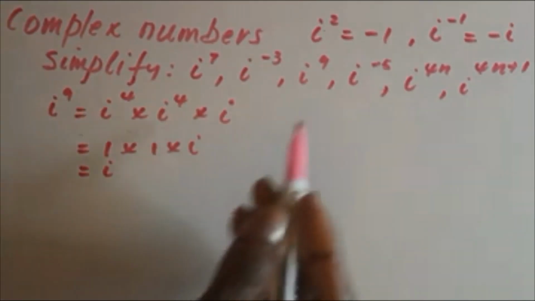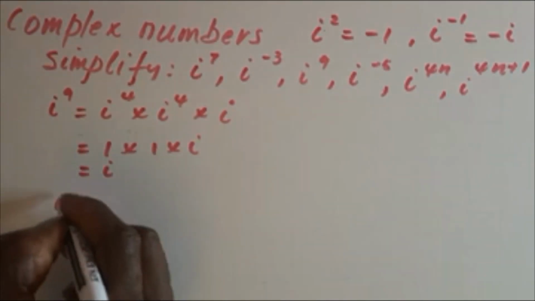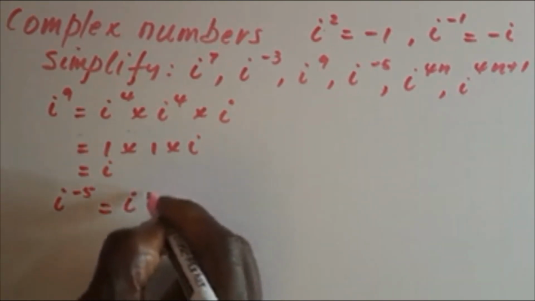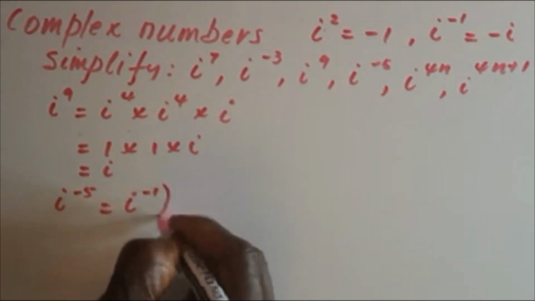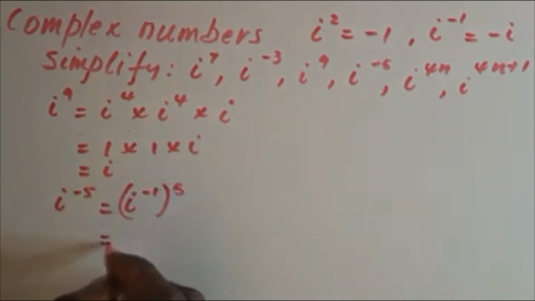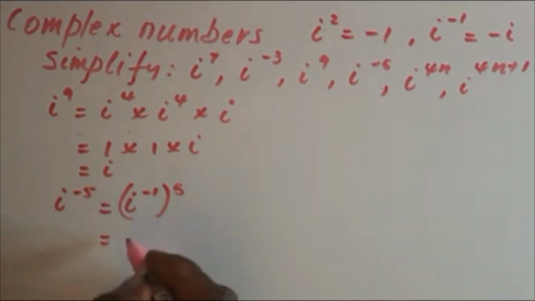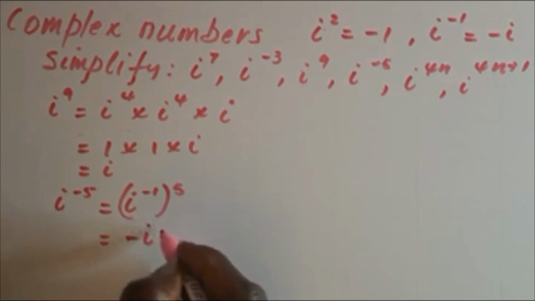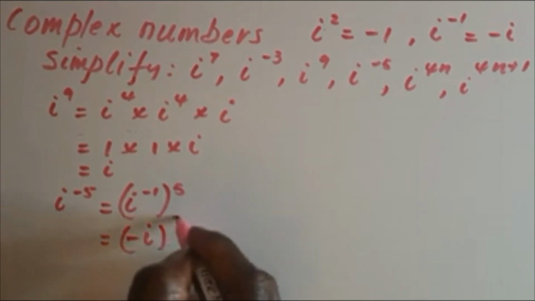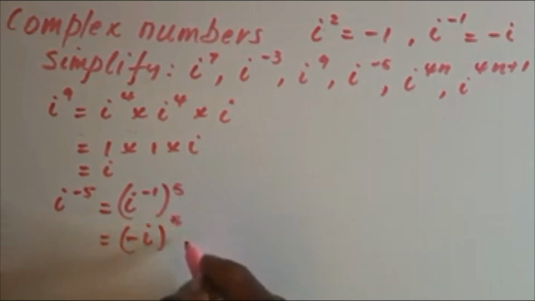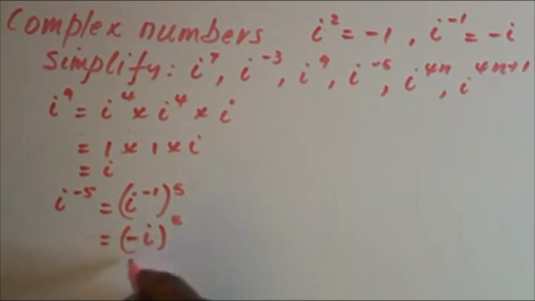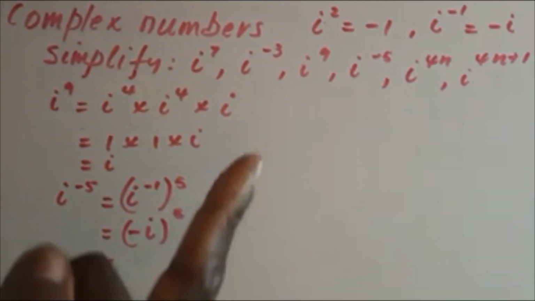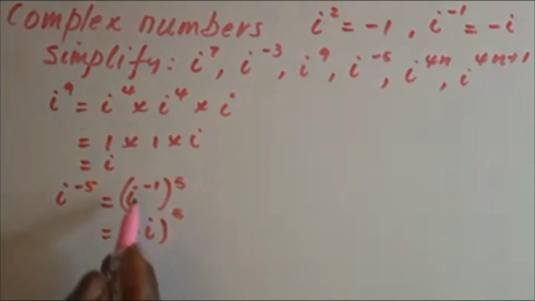Next we have I to the minus 5. Well, we've just done I to the minus 3, so we can write that I to the minus 5 is I to the minus 1 raised to the 5th power, which gives us minus I to the 5th, which is equal to, so we know that I to the minus 1 is minus I, so we can write this as minus I